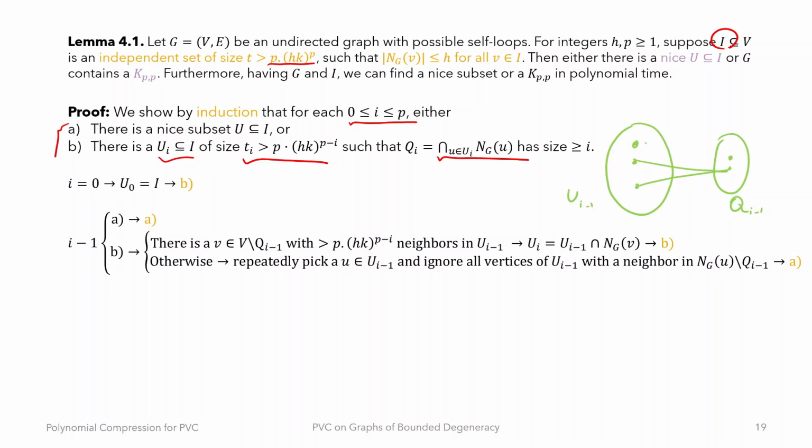The intersection of all neighbors of the vertices here is Q_{i-1}, so all of them are connected to Q_{i-1}. And we know this is at least I minus 1, and this is at least